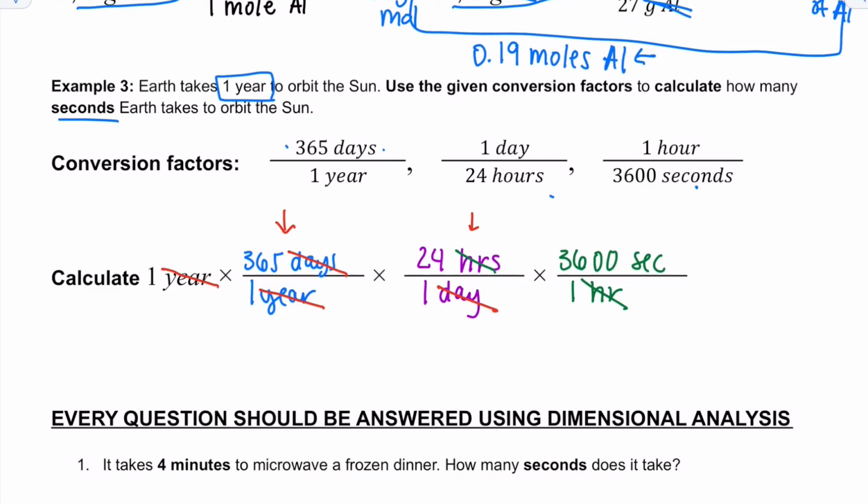So what I mean by that is I go from top to bottom, top to bottom, top to bottom. I go 1 times 365 divided by 1 times 24 divided by 1 times 3600 divided by 1. So I've made sure that I've hit every conversion factor in my calculator, and I'll end up with 31,536,000